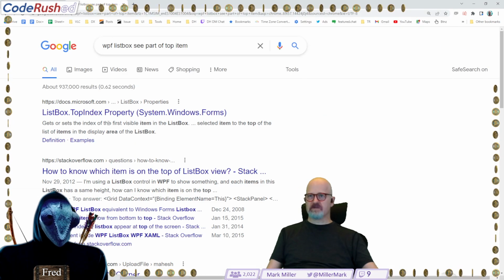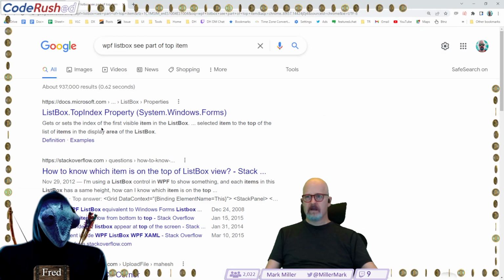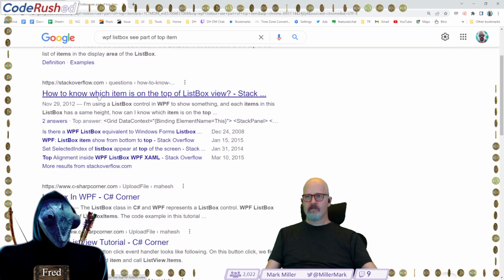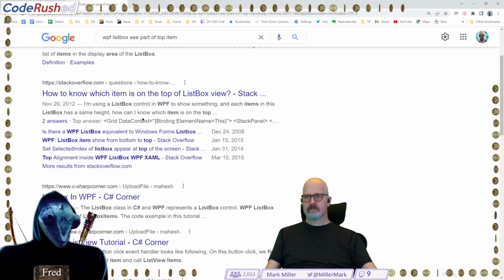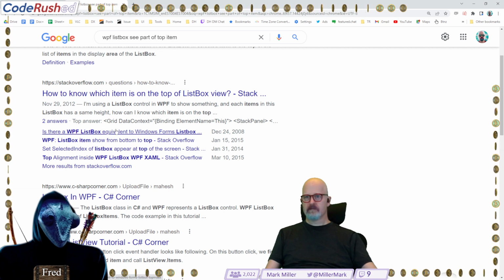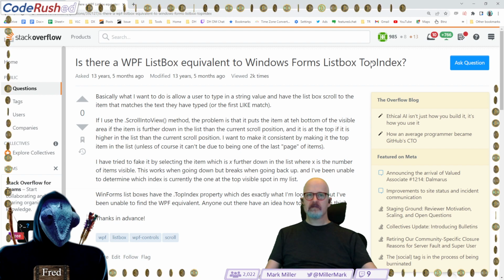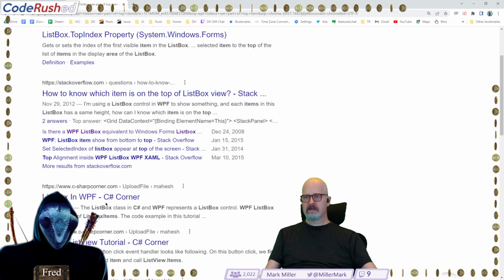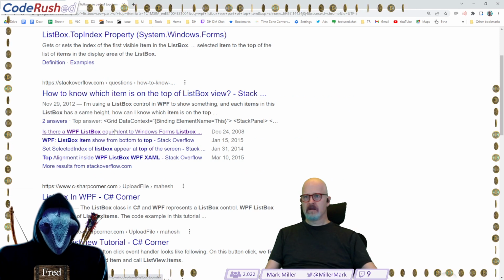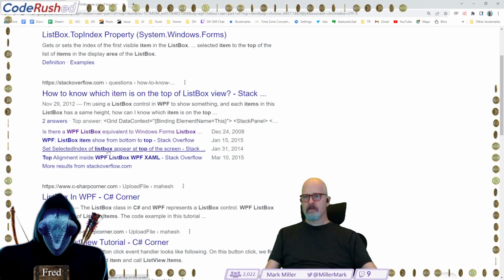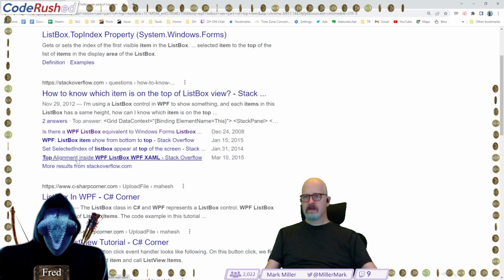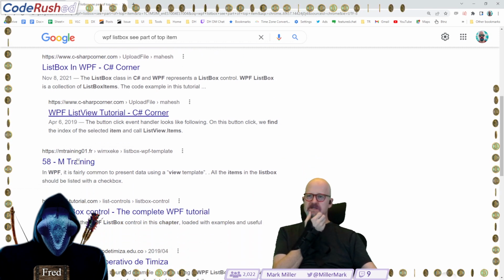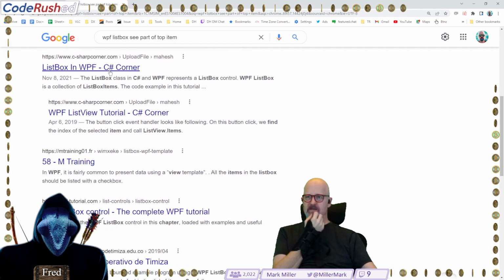I don't know. What's search for really? This goes back to sort of owner draw list boxes in Win32 as well. Let me do some searching here. Top end, I don't think is what we want. Top alignment. I may have to change this up. Instead of using a list box, I might have to do something different.